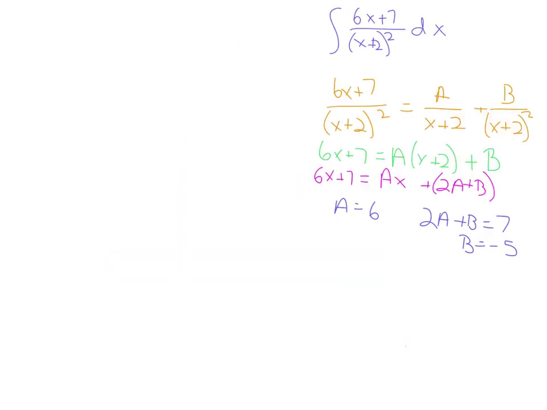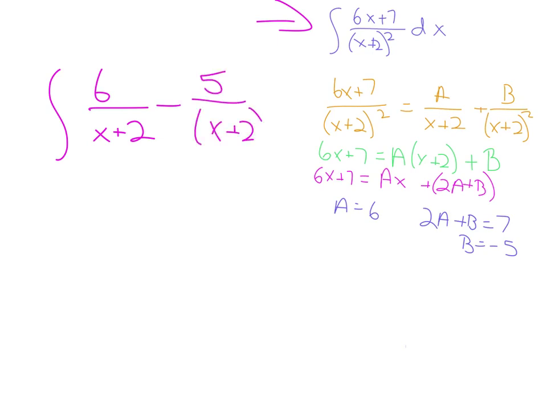So I move those things out of the way, and now my original integral was there, but now I'm going to have A over x + 2, plus, maybe I should say minus, B over (x + 2) squared